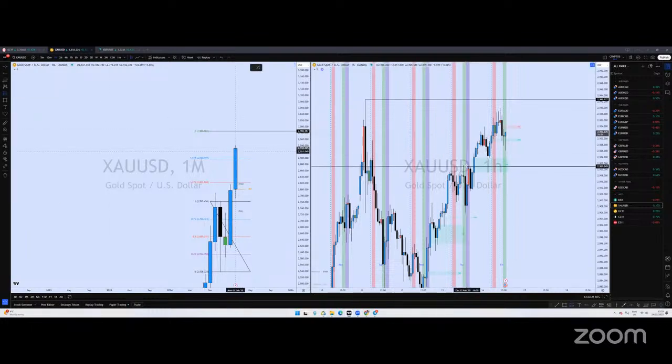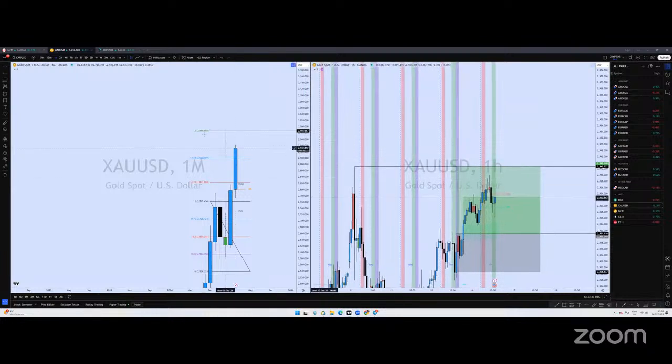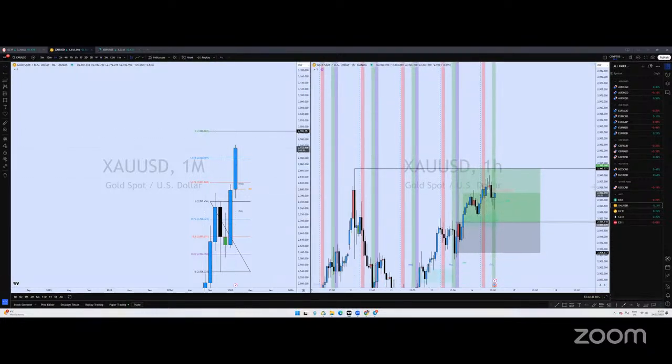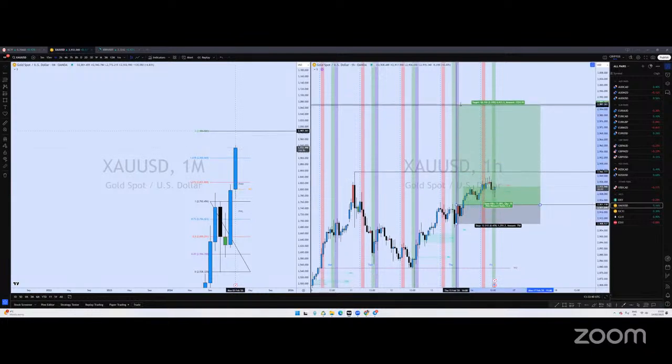So I'm looking to buy somewhere here with my stop there, taking partial here, and then the rest, because we are trading at all-time highs, and that's where we're gonna go. Okay, so if we can pull back into that area, that'd be fantastic. Get in, hold it, and then continue going